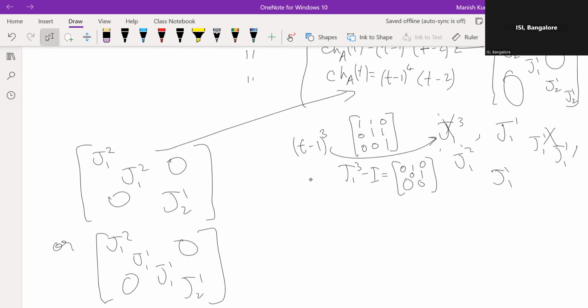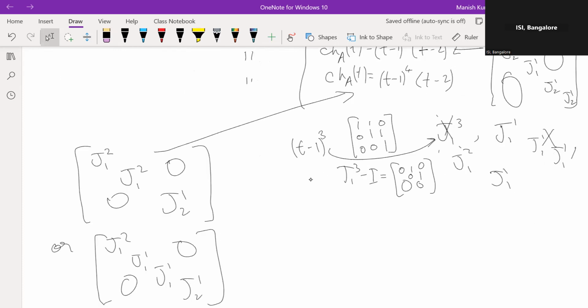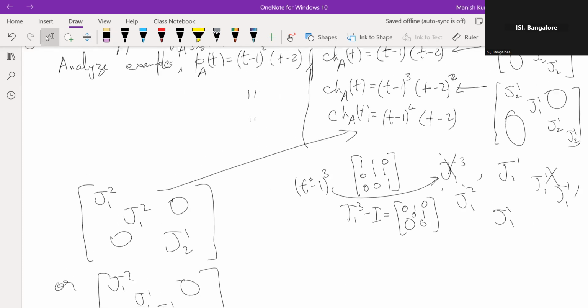Why are these two the possibilities? Yeah. So it has to be one of these two. There is no third possibility. Yeah, that is also clear, right? Because you can't have J13 or J14. So if I want J13, can you give me a minimal polynomial and the characteristic polynomial so that I have a block J13